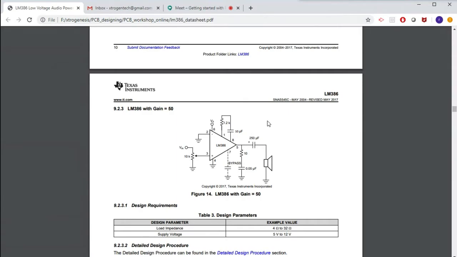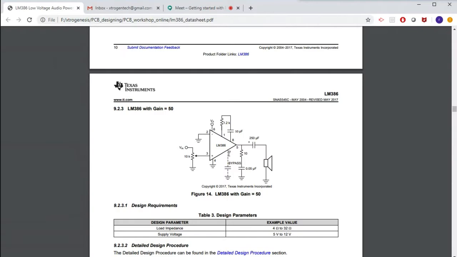Along with this capacitor, we have also connected a filter circuit consisting of a resistor and a capacitor. This is connected so that any sudden high frequency change or any kind of noise in the output can be removed through this filter circuit.